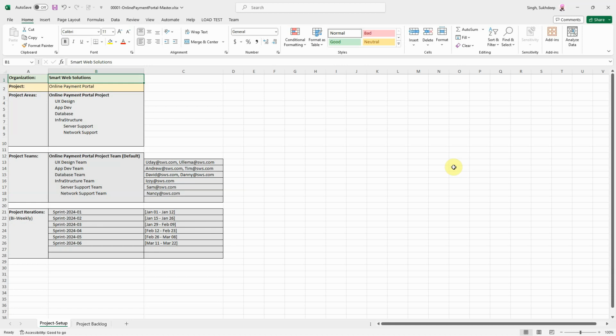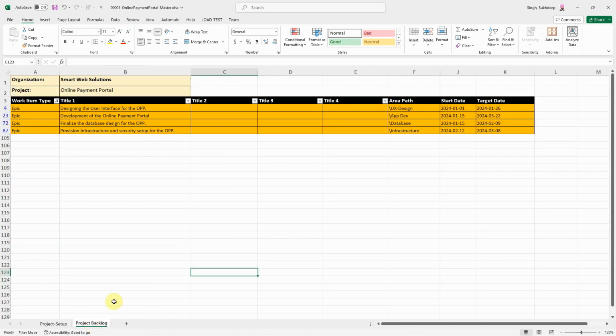And then we'll add team members to the teams, and then we will configure multiple sprints. So we are assuming that we will be able to finish the entire project work, let's say within 6 sprints. So we will configure those iterations, bi-weekly iterations, into the Azure DevOps portal. This is the configuration, and then on the actual backlog side, we will create the biggest level of work